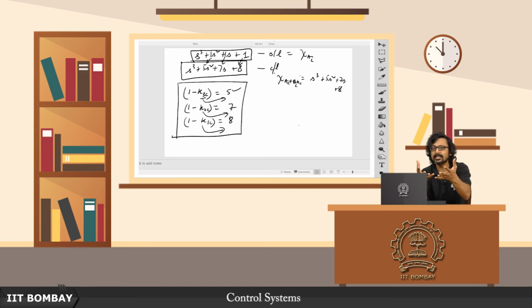So it is a fact that these gains are uniquely determined. This is a fact that is only true for the SISO case, by the way. In the multivariable controls case, because you will have multiple channels of applying the inputs, the choice of these gains k is not unique. So that is one of the points where the results deviate between the SISO and the MIMO case. When you study multivariable controls, you will see that you can still place the poles if the system is controllable, but the choice of the gains is not necessarily unique.